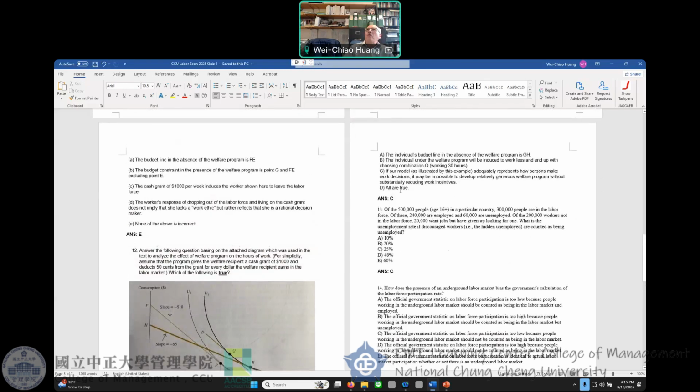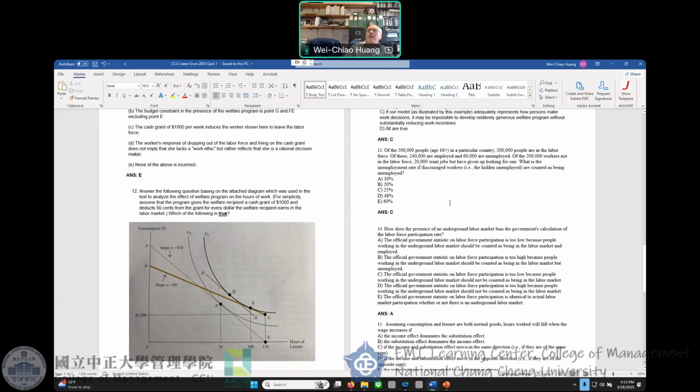There's no way, like answer C says, to design a program which also gives people, welfare recipients, money and at the same time without reducing their work incentive. This actually reduces the work incentive a little bit less than the cash grant program, but still there is a problem. All right. So number 13, of the 500,000 people in a particular country,